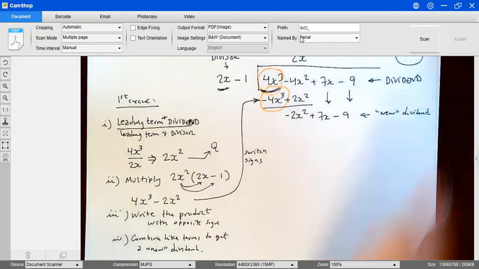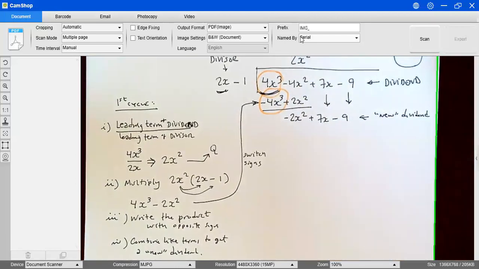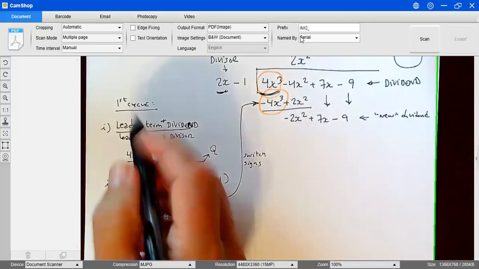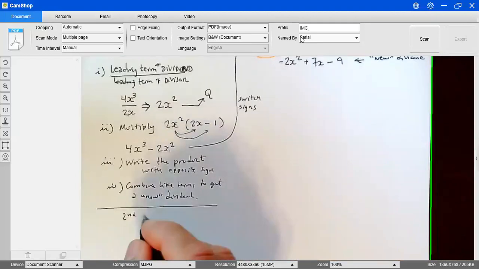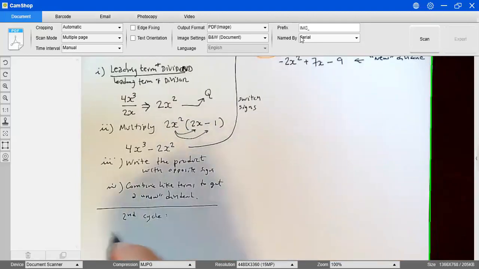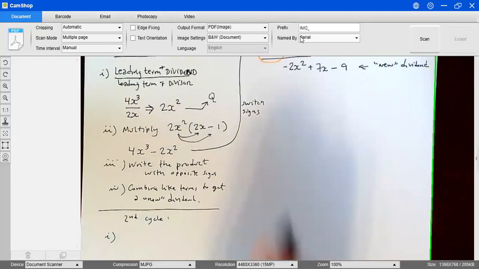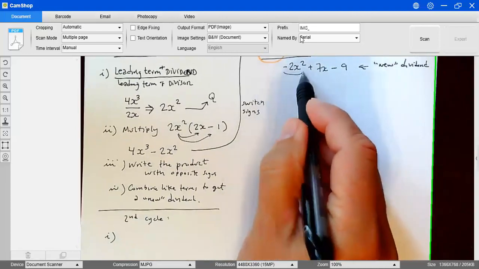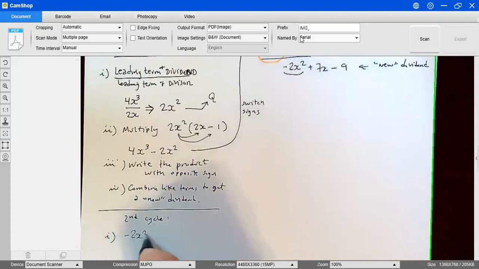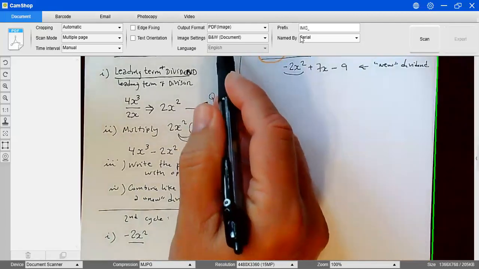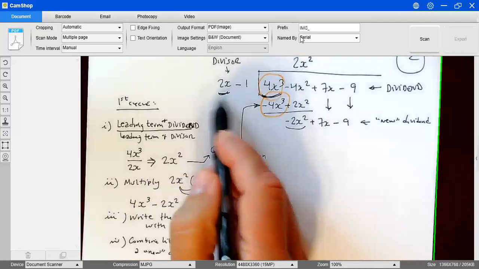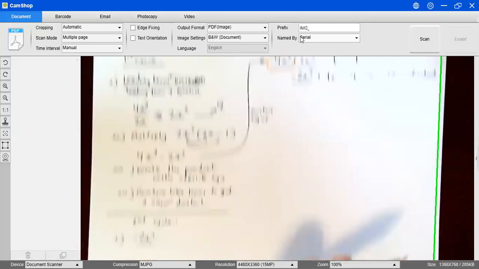dividend, so to speak. So what I'm going to do now is I'm going to repeat again these 4 steps. So I'm going to start a second cycle, and then I'm going to start again with dividing the leading terms of the dividend. The new dividend now is this. So I'm going to write negative 2x squared over the leading term of the divisor. That doesn't change. It's going to be always the same. So I'm going to divide by